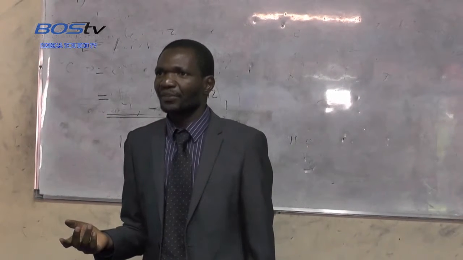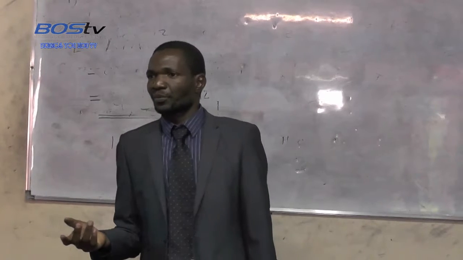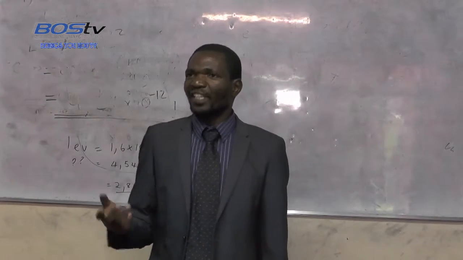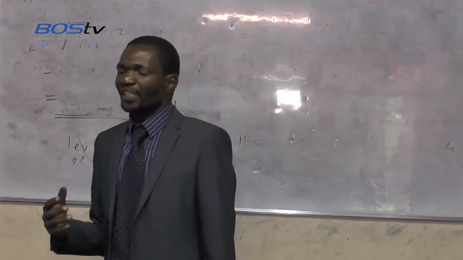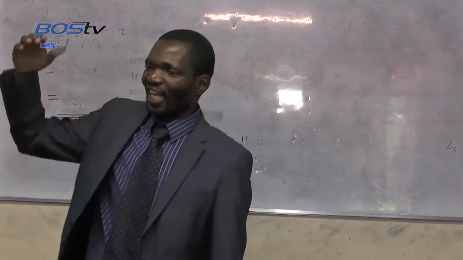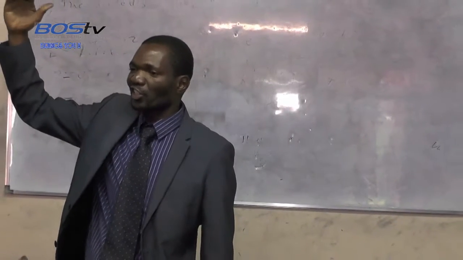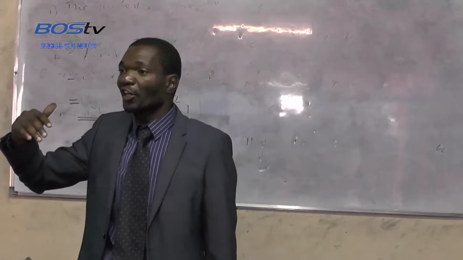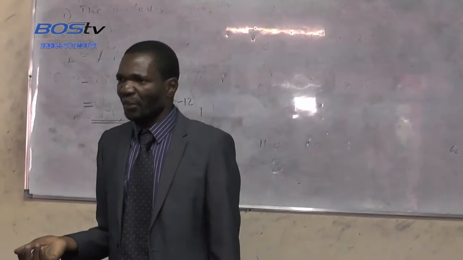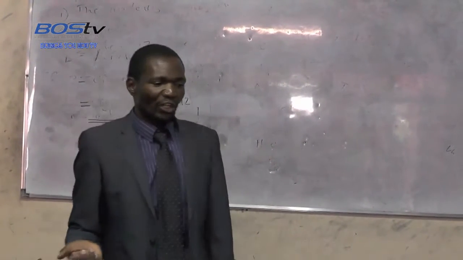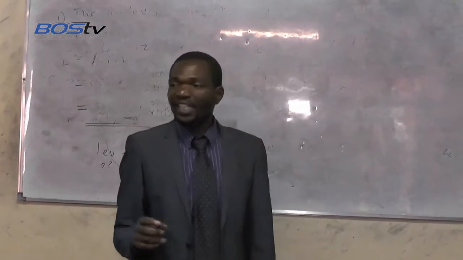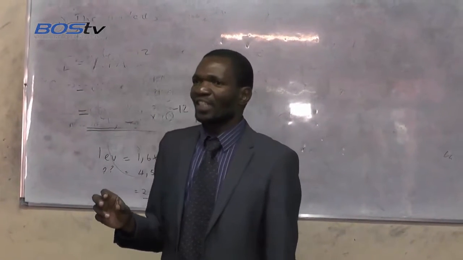Are we together? For example, in gravitational fields, objects tend to go from a high gravitational potential energy to a low gravitational potential energy. Are we together? Right. So here, when we are looking at binding energy now, we are looking at a situation